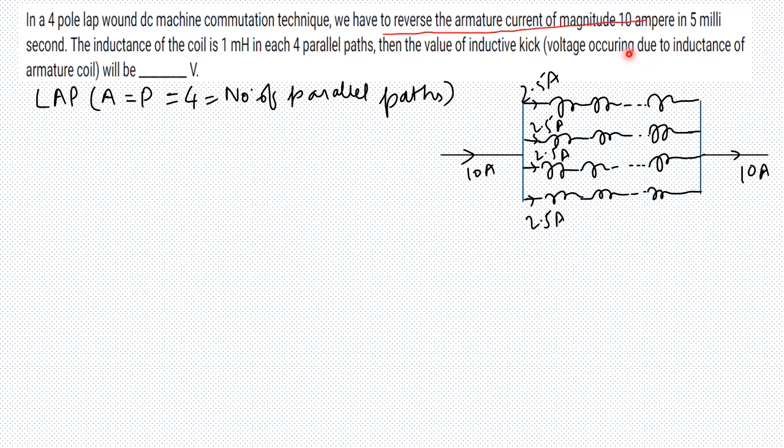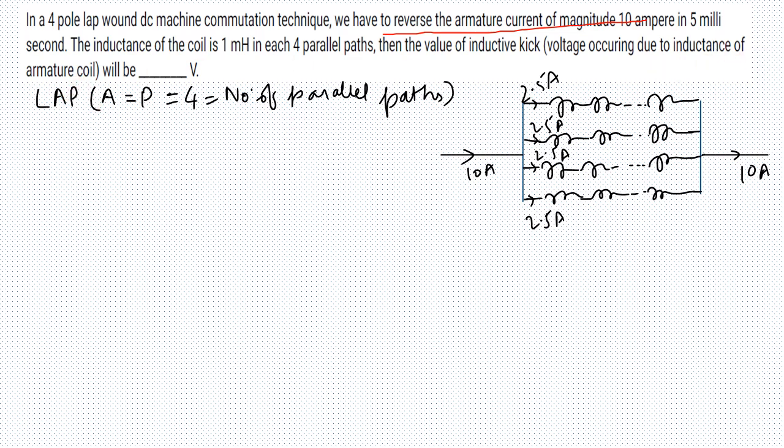If you consider one as plus 10 amps, and he is saying it has to be done in 5 milliseconds. The commutation time also has been given, that is 5 millisecond. The inductance of the coil is 1 millihenry in each parallel path. Then what is the inductive kick? So inductive kick means the voltage that occurs due to the inductance of the coil while you are reversing the